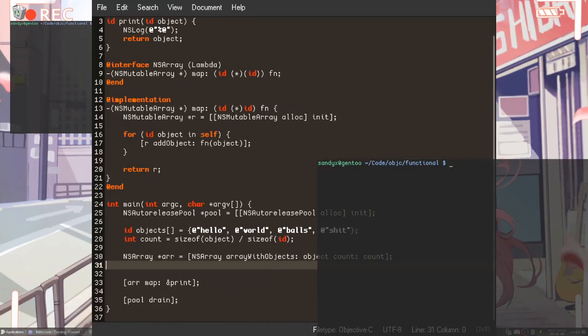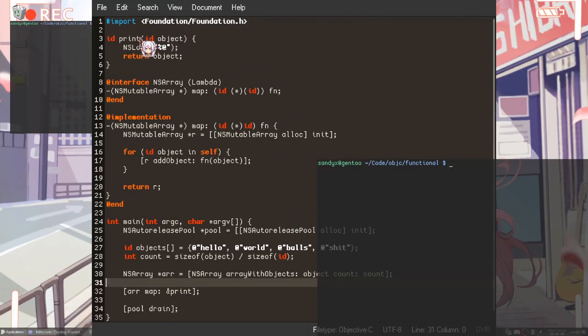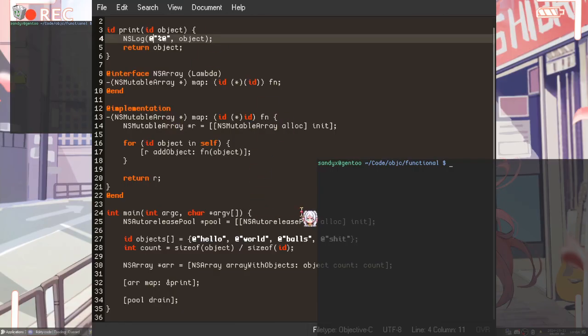Let me remove this. And let's see if, oh, you don't want to forget to put object in here. Otherwise, it'll probably segfault. Yeah, you want it to actually print it out. So, yeah, let's try it. So gcc main.m